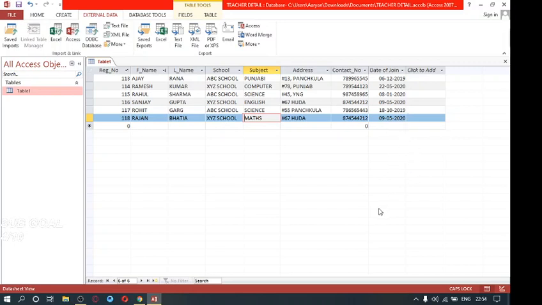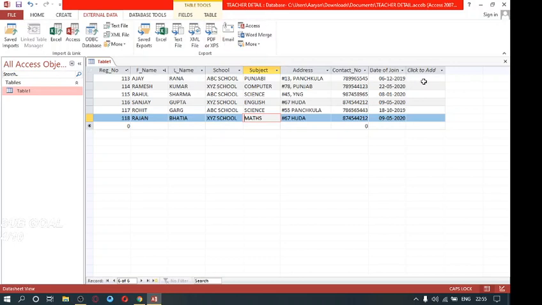So similarly in Access, when you build a query, we'll define certain search condition and then we can analyze that particular data. To start with, you can see we have opened our previous table, teacher's detail, like I showed you in your last class.